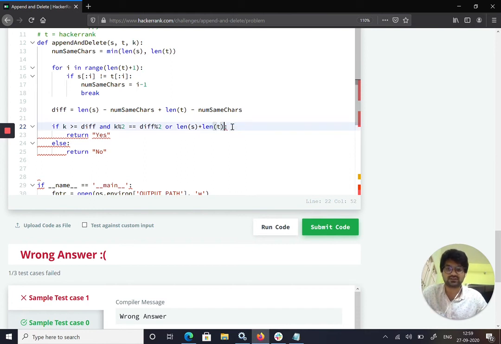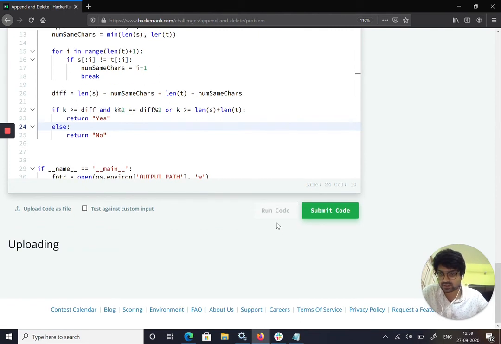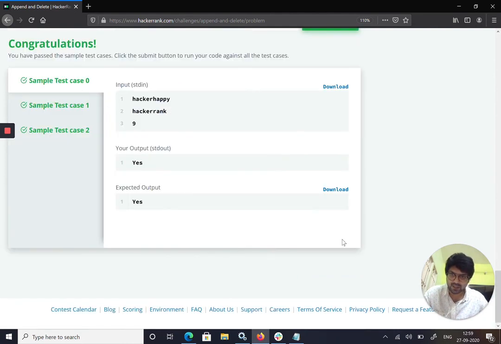So we'll reverse this: k greater than or equal to length of s plus length of t. Let's run it again and see whether it works. My internet is slow, but let's wait for the result. Yeah, it works, and it shows a congratulations message.